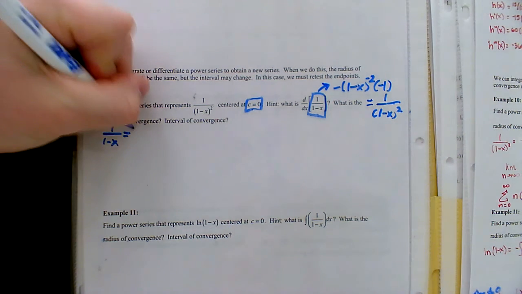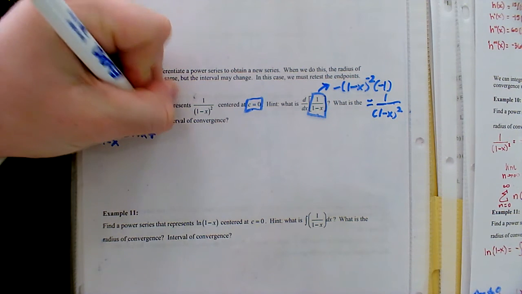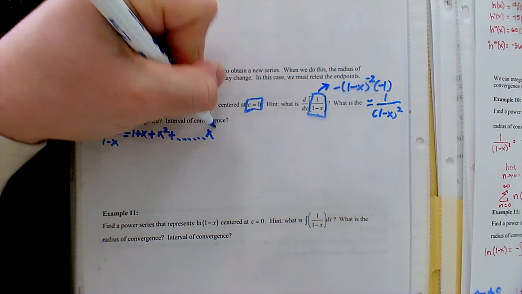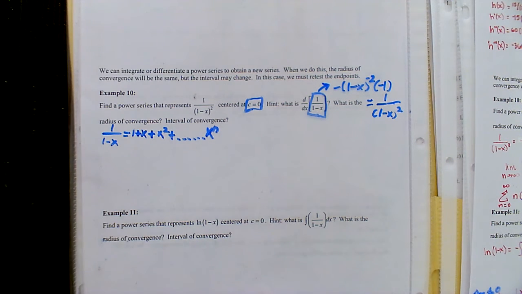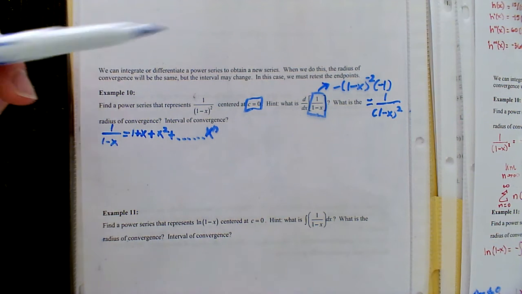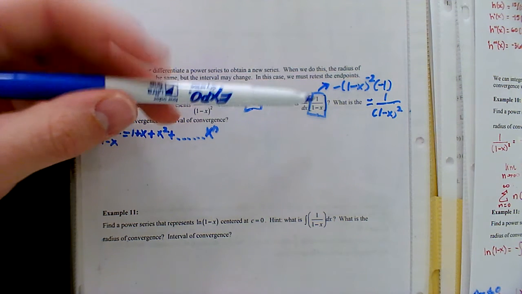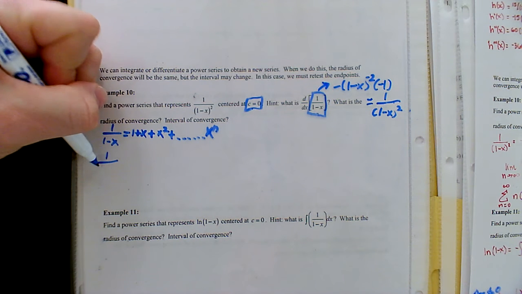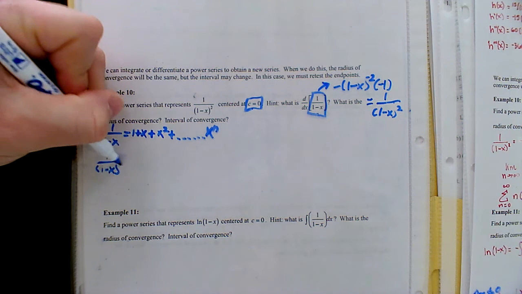1 plus x squared plus x cubed plus dot dot dot plus x to the nth. So that's the original. And they told us as a hint to take the derivative of the original, and that would give us exactly what we're looking for. So 1 over 1 minus x squared